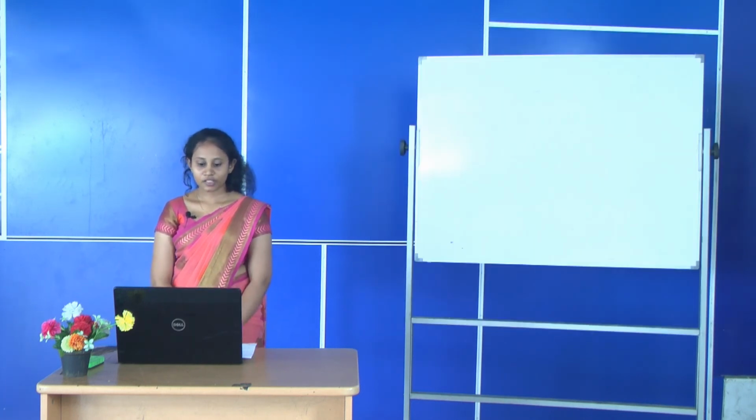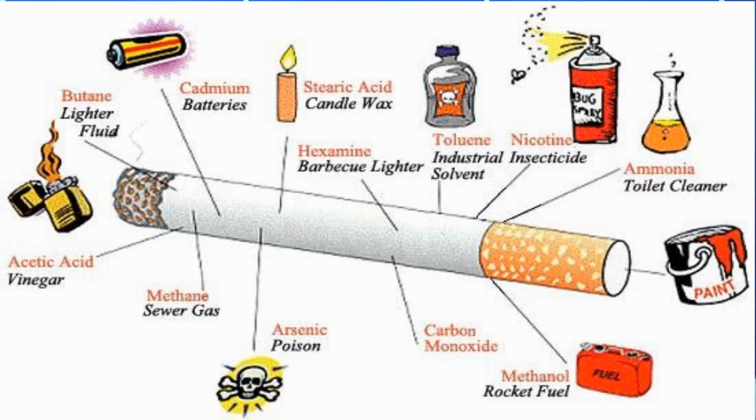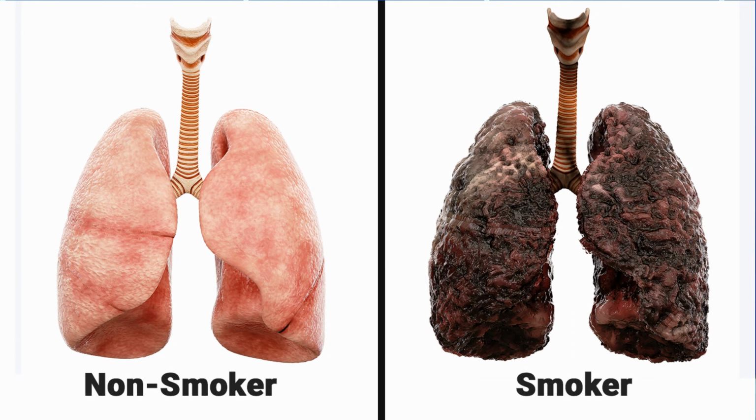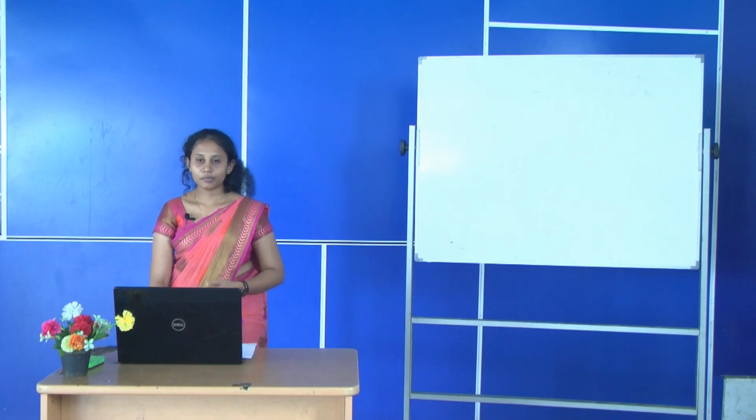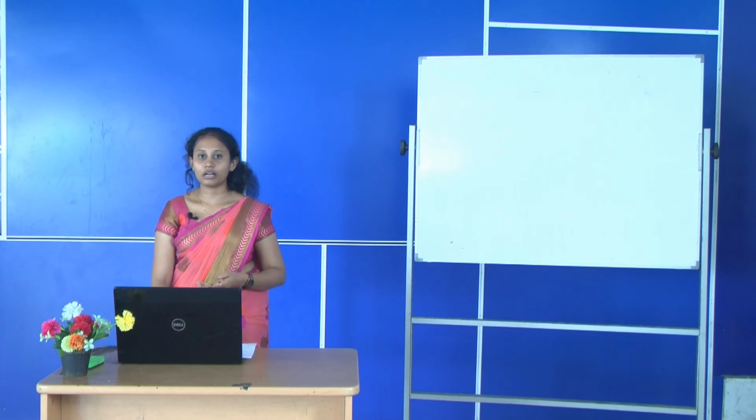Then smoking. Smoking causes lung diseases, heart diseases, and increases the risk of many cancers. The chemicals in cigarettes include tar, nicotine, and carbon monoxide. Tar is a carcinogen, a substance that causes cancer. Nicotine is an addictive substance which also narrows the blood vessels. And carbon monoxide reduces the oxygen carrying capacity of the blood. So, smoking is harmful for the gas exchange system and also for our